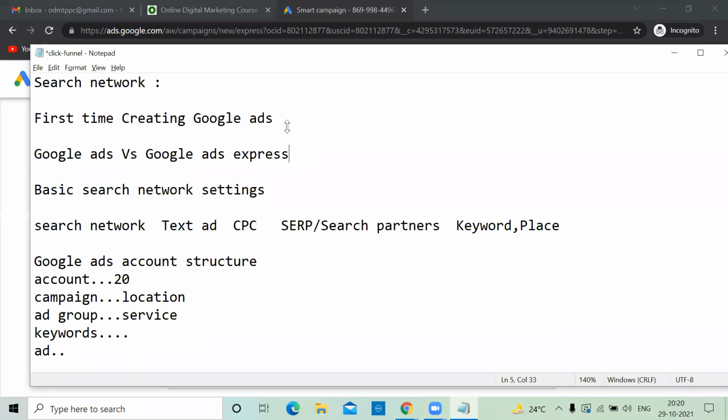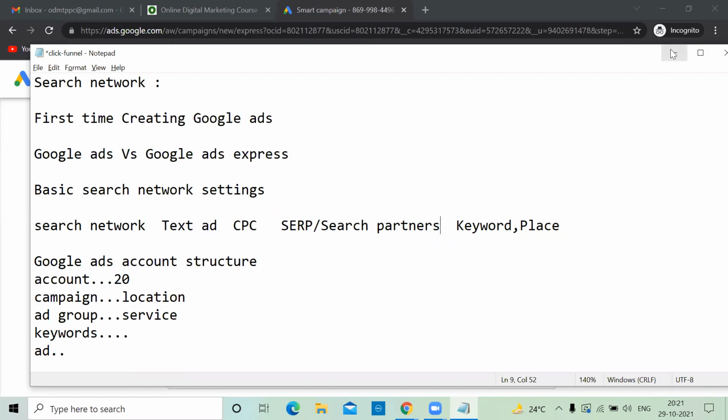They never cheat you anyway, but sometimes if they get a chance, instead of taking 100 rupees, there is a possibility they take 105 rupees or 120 rupees. You have to be smart enough not to give that money. You see, by default, they set an option so that your ad will go to search partners also. But showing your ad on search partners only gets you branding. Sales will not happen, it's very rare. For small companies, that money is also very important.